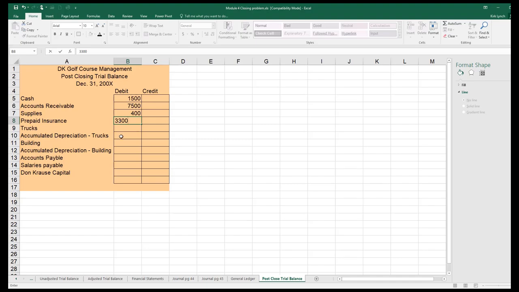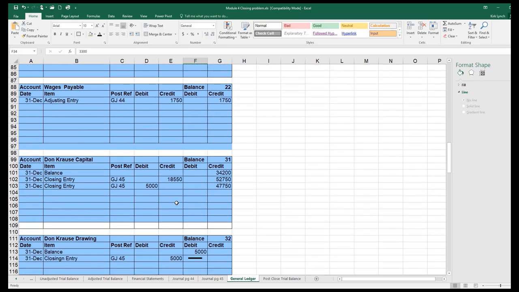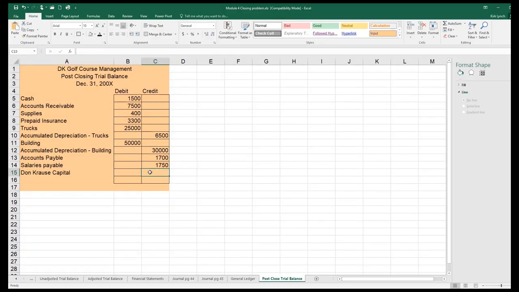And notice they're all debits because they are asset accounts. Our truck, from memory, $25,000. Our accumulated depreciation on our truck was $6,500. Our building was $50,000 with depreciation of $30,000. Our accounts payable was $1,700. Our salaries payable was $1,750. And then our capital account ending balance in our general ledger, and you can verify all those entries that I just made from memory, is $47,750. So that goes in the credit column,